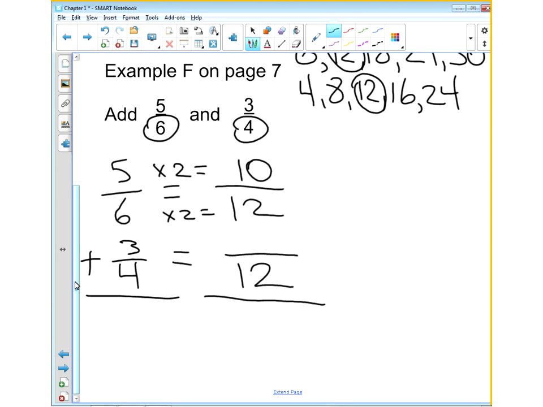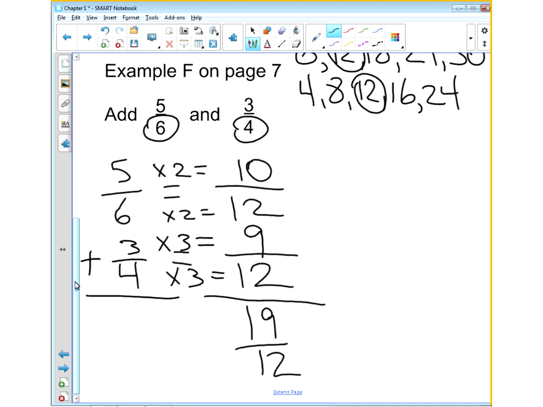So I know that I can divide 12 by 4, which gives me 3. So 4 times 3 is 12. So I need to also do the same thing to the numerator. 3 times 3 is 9. All right, so then I've got 10/12 plus 9/12. That's going to give me